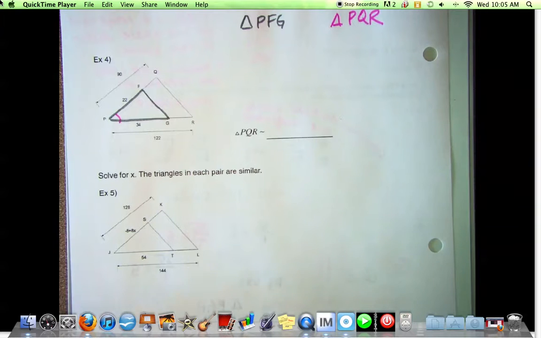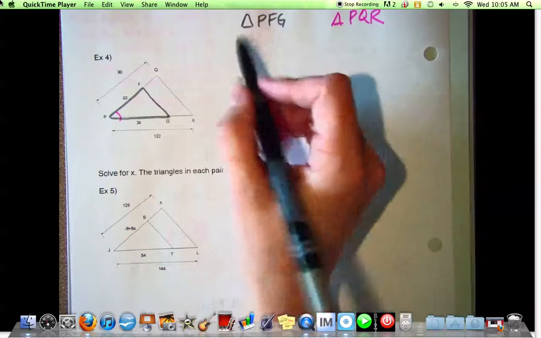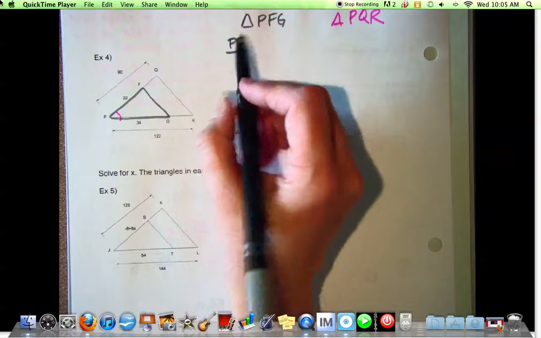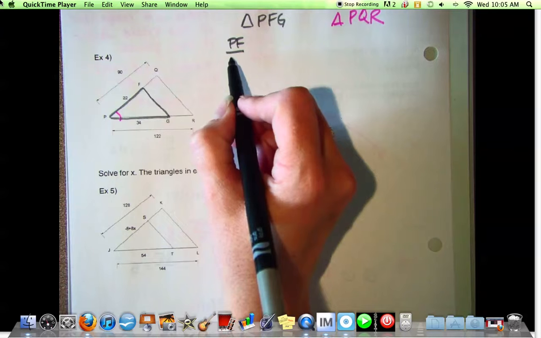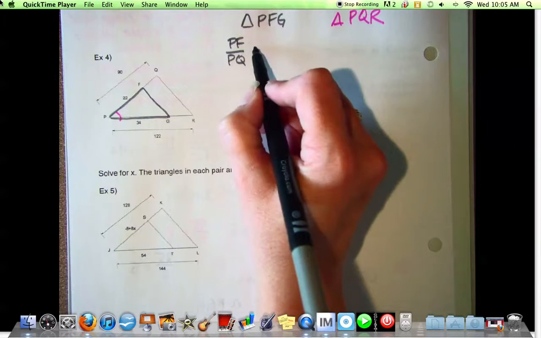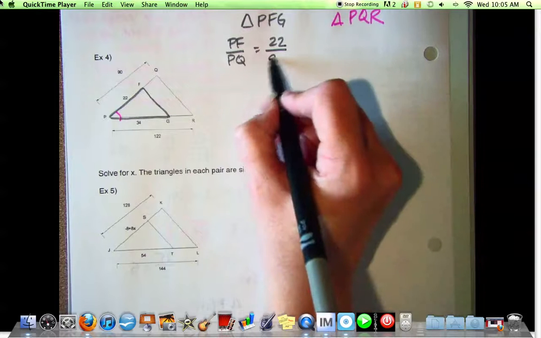So now let's determine if we have side lengths that are similar. So PF is similar to what side length? PQ. So the side length of PF is 22 and the length of PQ is..., and that gives you